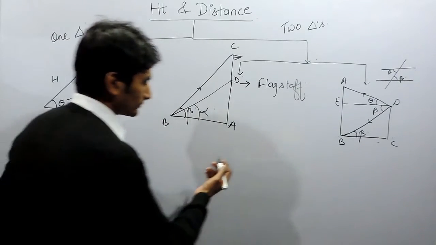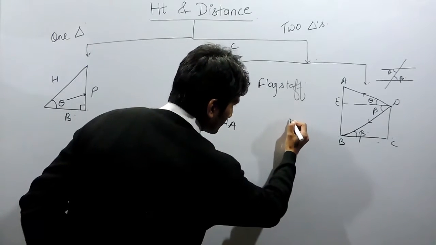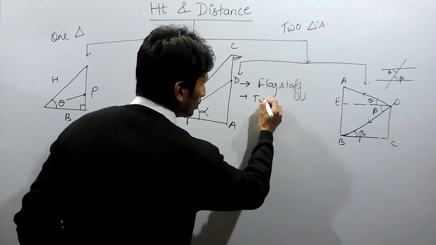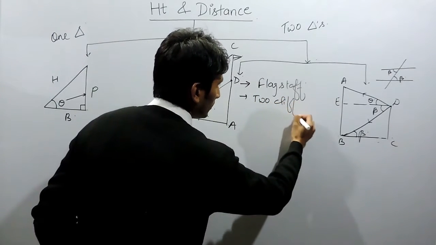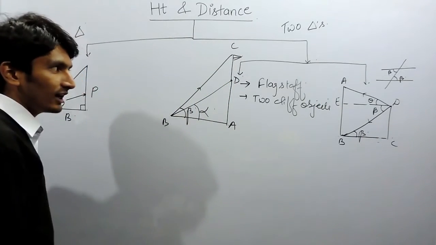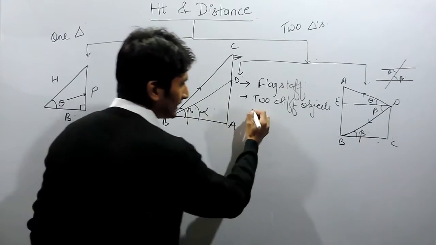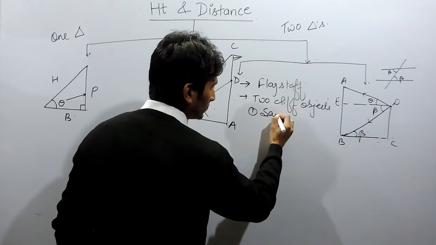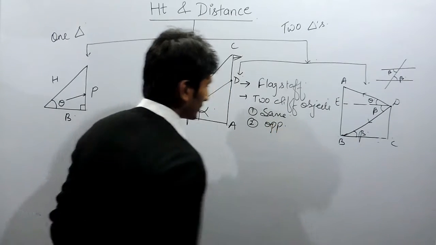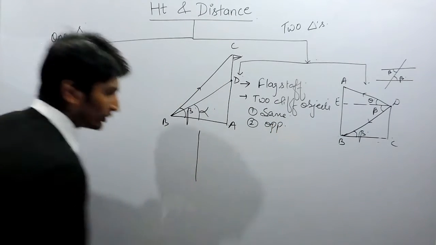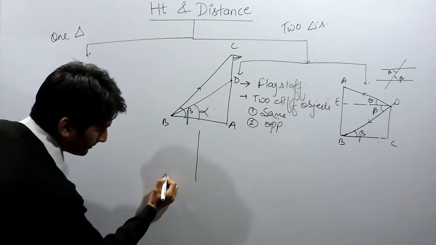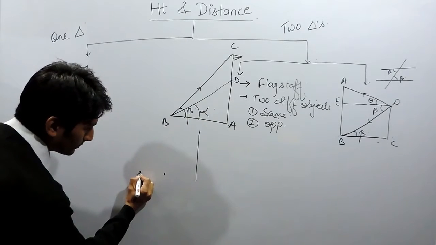Similarly, this is our second case: there can be two different objects, and these objects can be on the same side of the tower or on the opposite sides of the tower. So in this case there is a tower given to you, and in the first case there are two objects on the same side. If I say the first object is here and the second object is here,